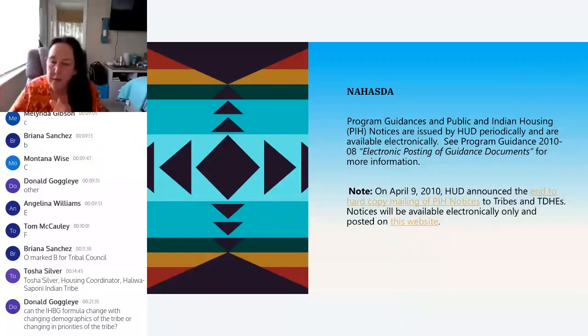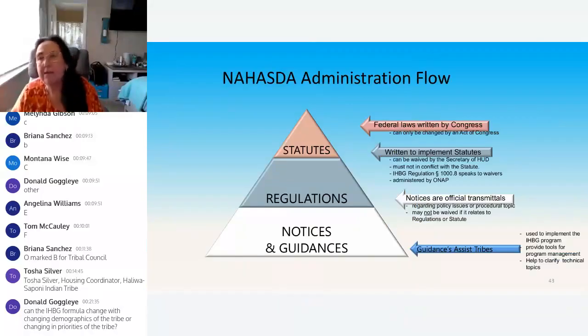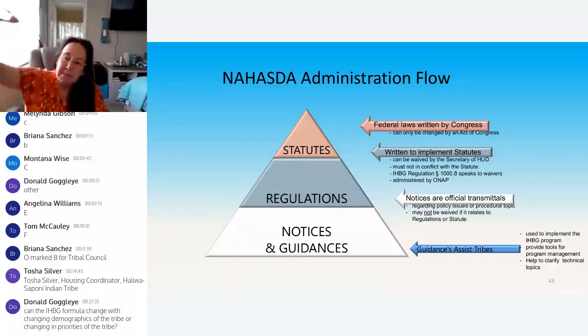So as of 2010, they quit mailing those particular documents, our program guidances and our PIH notices. We used to still get our formula stuff until COVID hit. Now we even have to go online to get that, okay? So the administration flow,